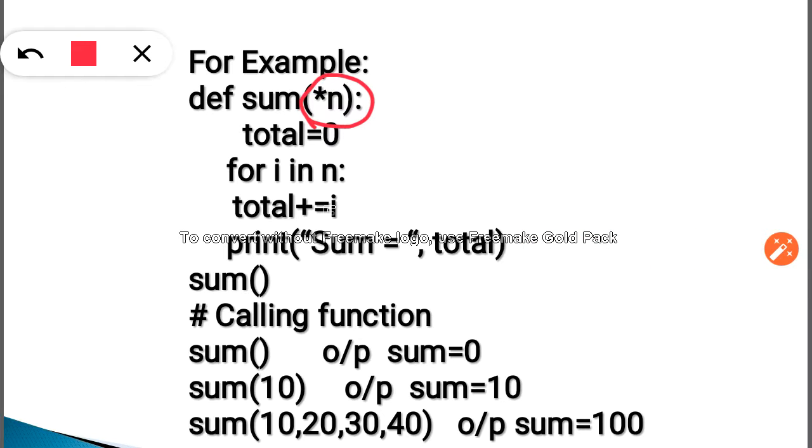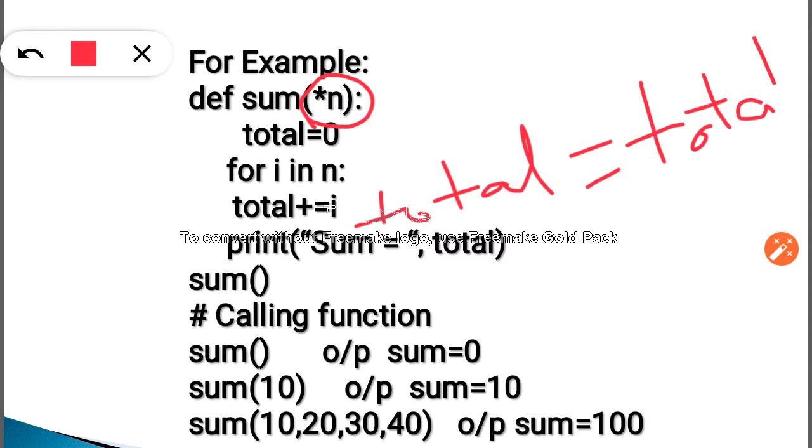So total = 0, for i in n: total += i. Do not get confused with this statement. You can also write total = total + i. Got it? This is the same line. Then print sum equal to total.